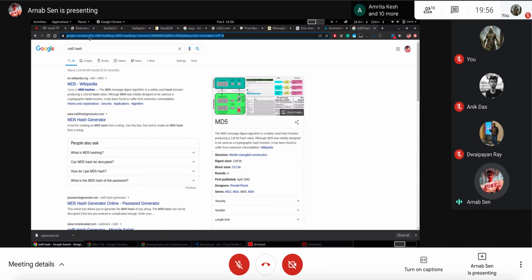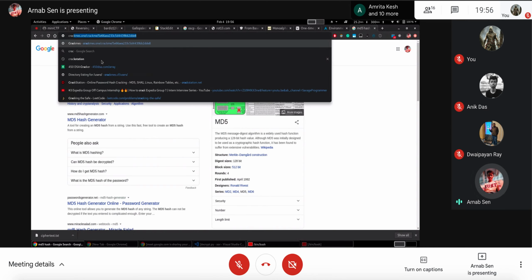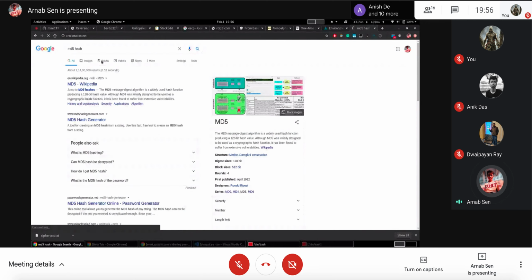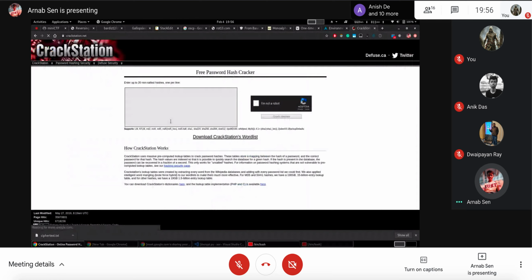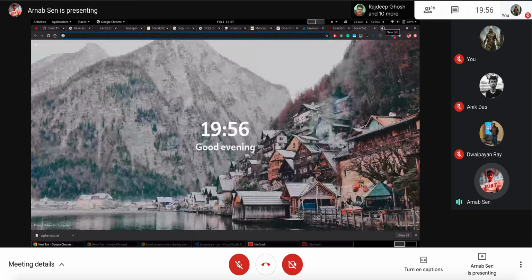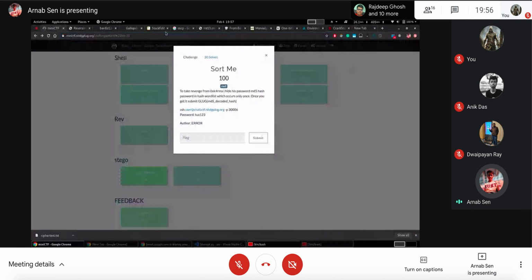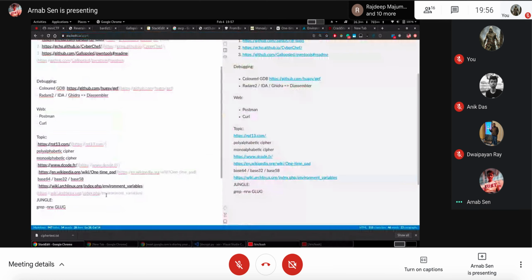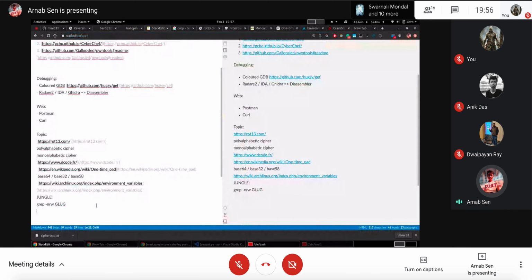But as I said, it's obsolete because there are lots of websites which hold big databases of what the particular hash refers to. Like the commonly used, if you have the MD5 hash of password, then 12345. All these are very common, and some websites like crackstation.net have a huge database of all those commonly used hashes. So I'm adding this website.